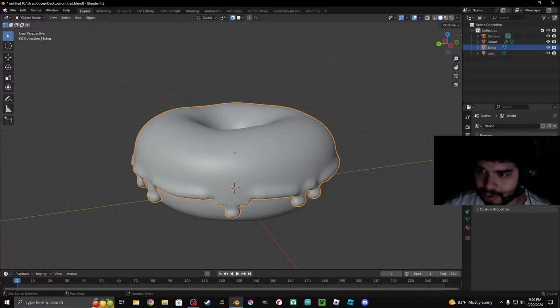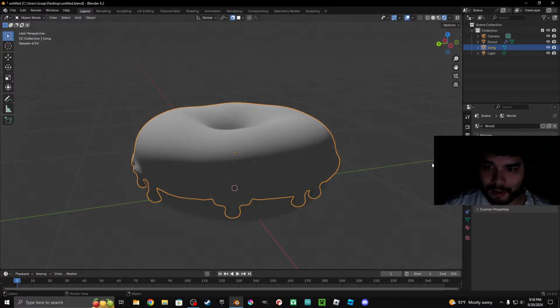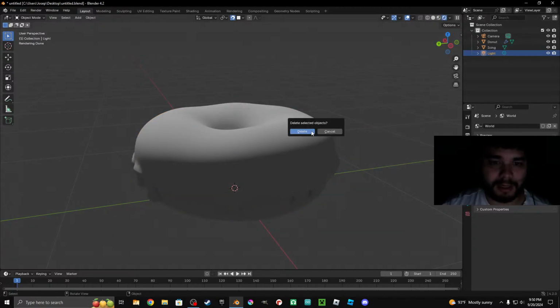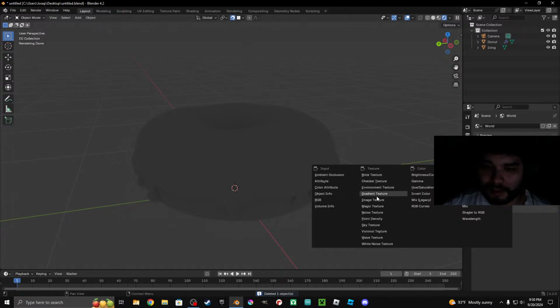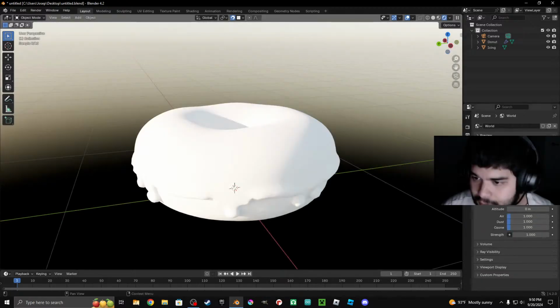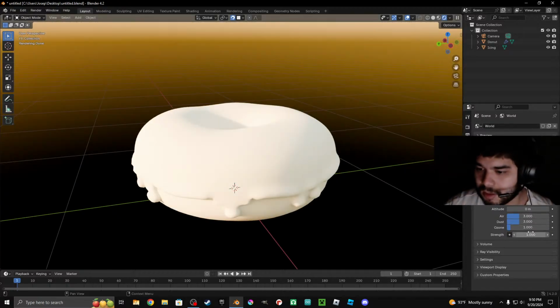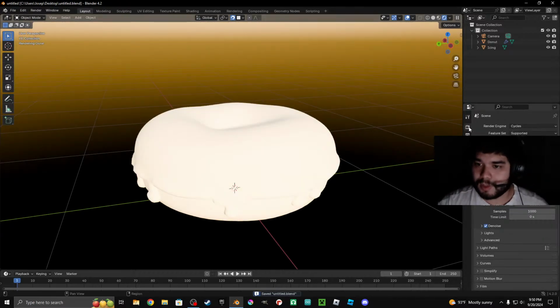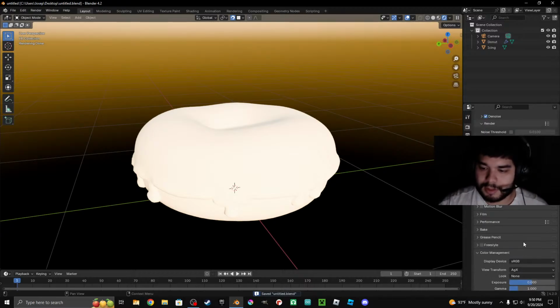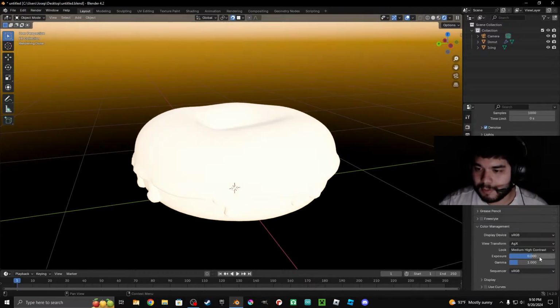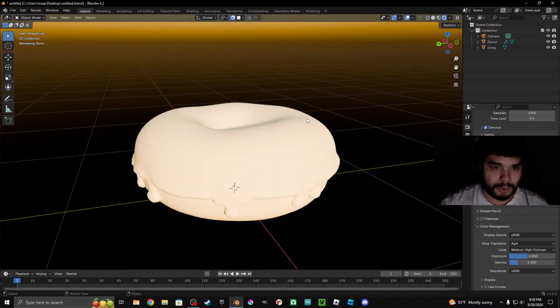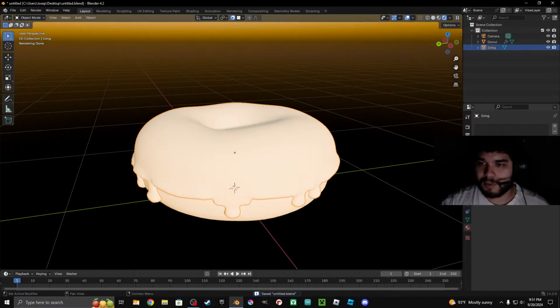For that, I want to actually change the world lighting. So we're gonna get rid of the light, and then we're gonna put a color, sky texture, make this 2.5. Air and dust, I like it to be 3, and sun rotation -89. I do know these settings already because I've done this like a bunch of times. Medium high contrast, -2 on the exposure, and we'll go back to the icing and we'll make a new material